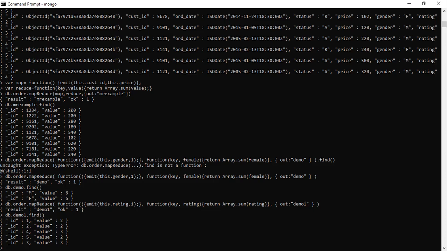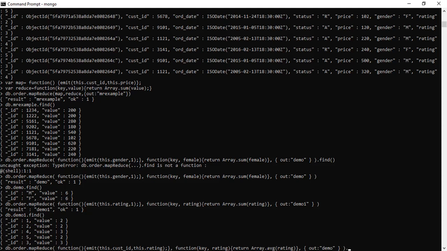Now we have to calculate the average rating for each order. Suppose I want to find the average rating. For that purpose we perform db.order.mapReduce. What we are emitting in the function is this.customer_id comma this.rating, the two parameters I want to display in my table.